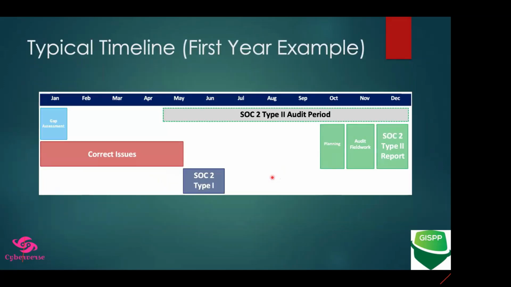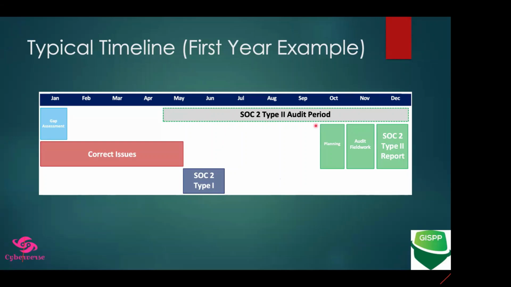Now I can see there's a question that just popped up. Can we go directly for SOC2 type 2? Yes, you can do that. That's not a big deal. But generally I have seen organizations where they go for SOC2 type 1 to get the confidence, as a starting point, as a quick win, to give management the confidence that yes, we have got onto that roadmap. You can go for SOC2 type 1, but otherwise you can go for type 2 as well. That's not a big deal.